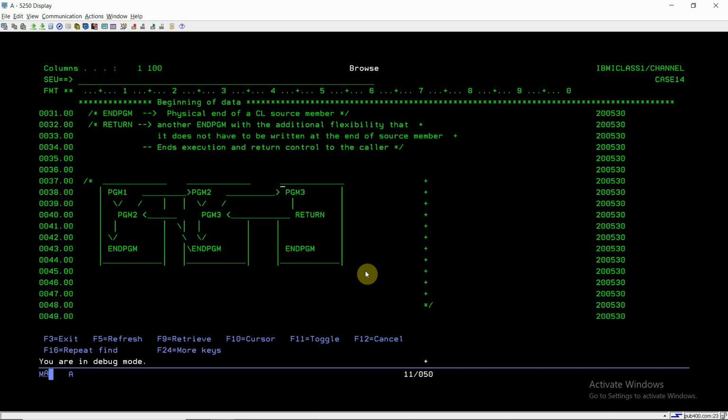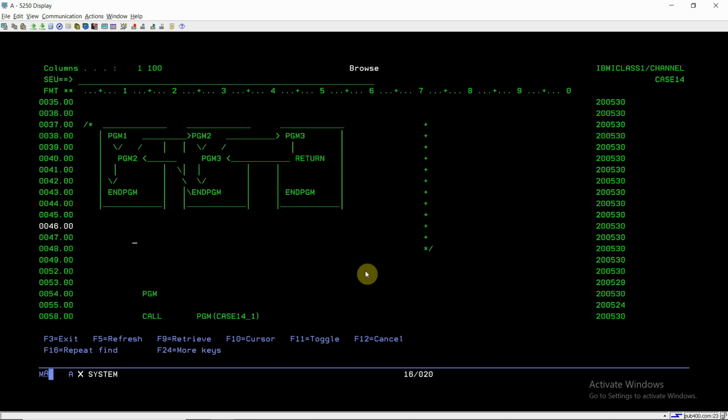So the control will flow like this: pgm1, then in pgm1 calling pgm2, control will go to pgm2, then it will call pgm3 and the control will go to pgm3, and then it will execute RETURN, and then it will come back to pgm2, and then it will execute the ENDPGM command. So this is the flow.